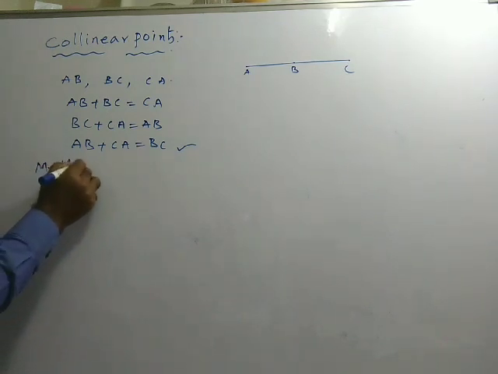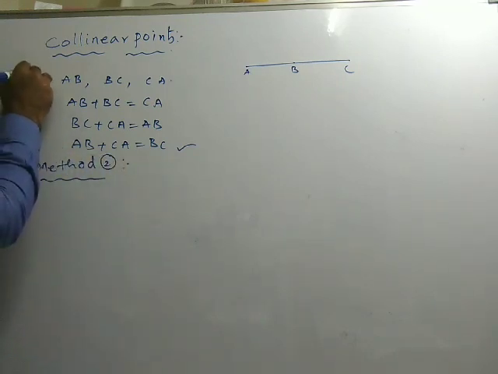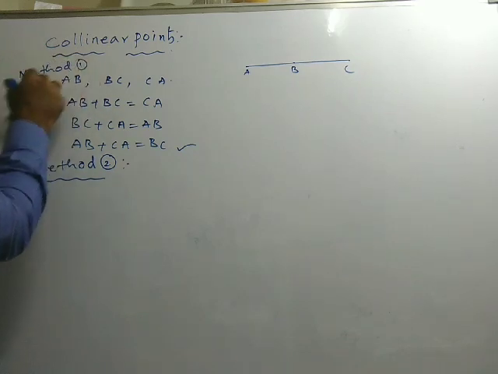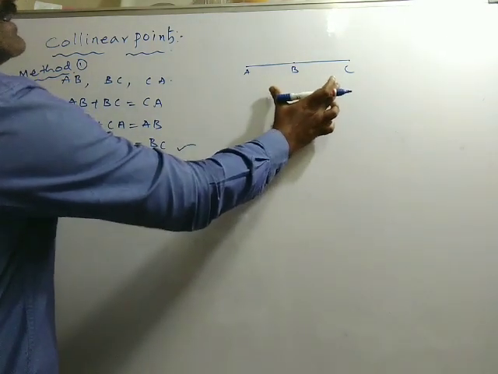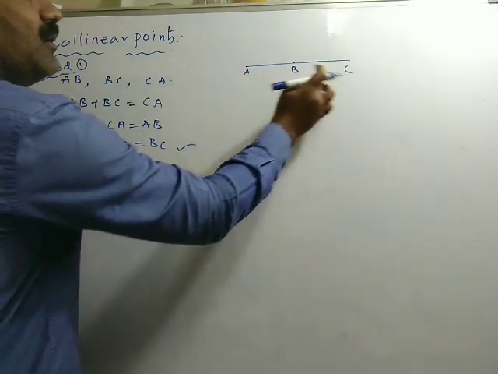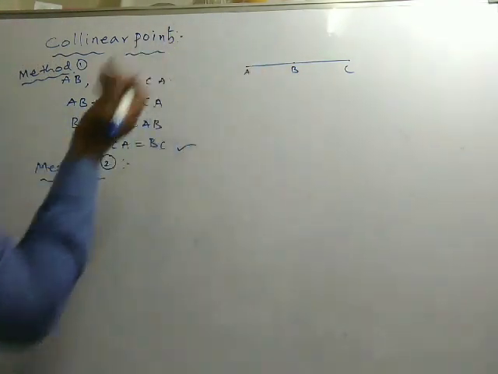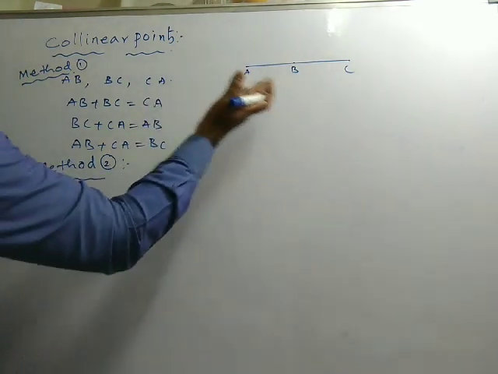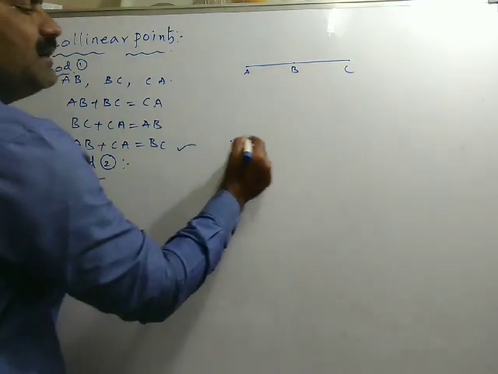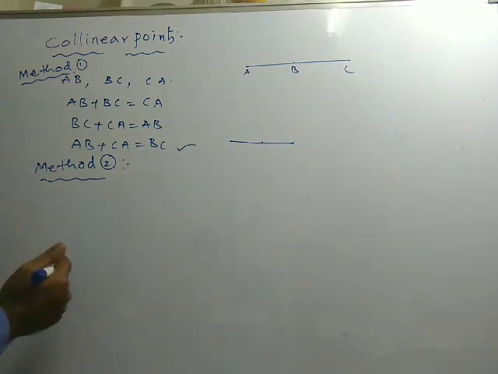With this concept, we can now simplify in a better way. Method 1 is of course absolutely correct, no doubt. Whatever is suitable to you, you can proceed with. Now my concept is about method 2. If three points are collinear, meaning they lie on the same line, can you expect a triangle with points A, B, C? Can we form a triangle with ABC if the points are collinear? No. If they lie on the same line, by joining these three points you may get a line segment, but not a triangle.